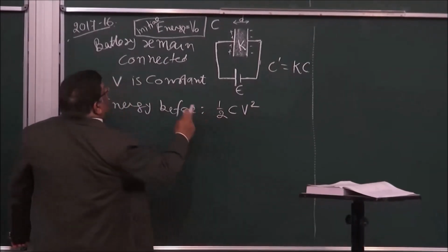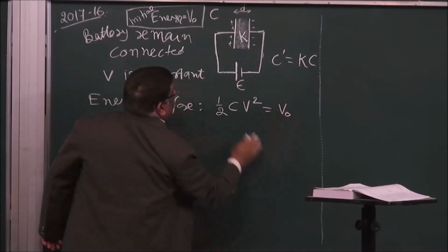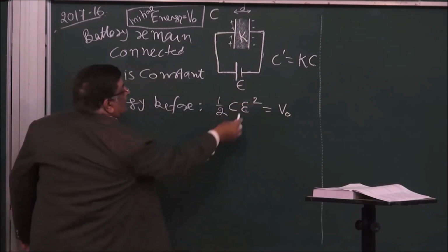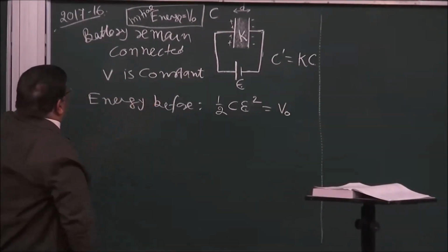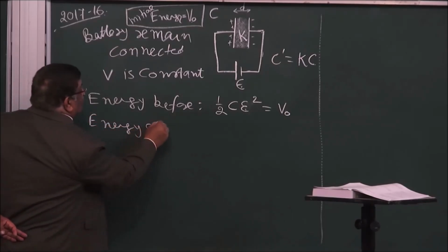I will write it to avoid confusion: let me write it as C E, this is the EMF. So half C E square is equal to V naught. Energy after insertion,